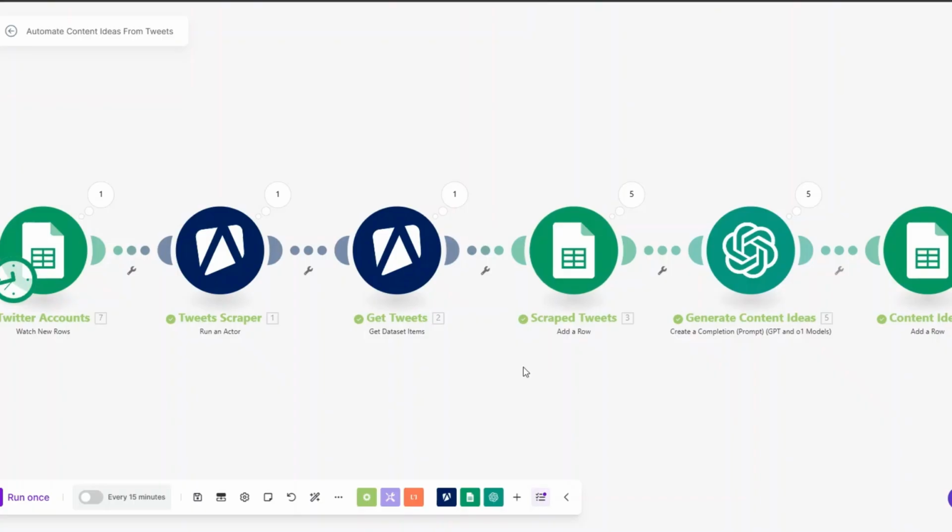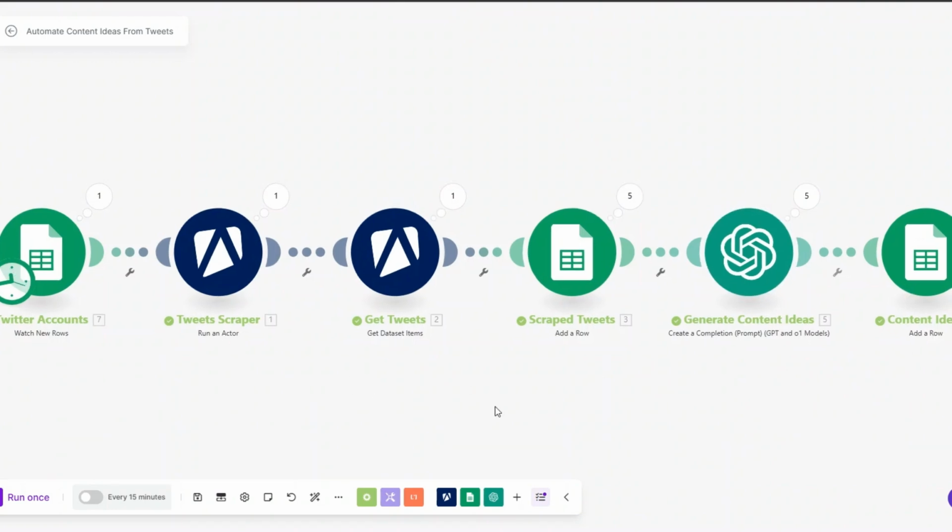By creating the simple automation on Make, you'll be able to grab Twitter accounts that you'd like to scrape their tweets from using Apify. Then we're going to get their tweets and add the tweets to a scrape tweets sheet. And then using the tweets, we're going to generate content ideas using ChatGPT and add the content ideas to a content ideas spreadsheet. With this simple automation, we've automated scraping tweets and generating content ideas from the tweets using AI